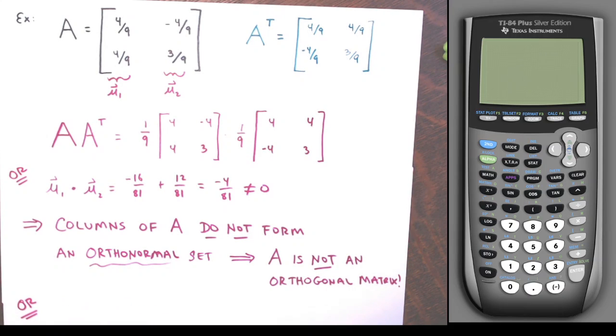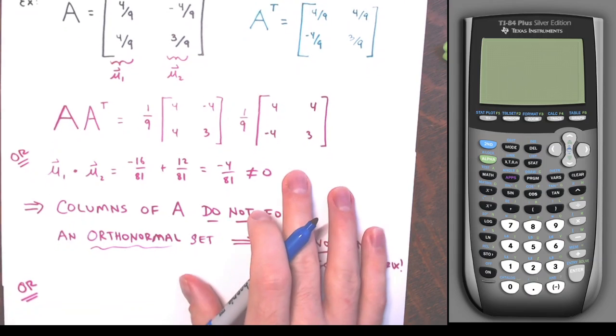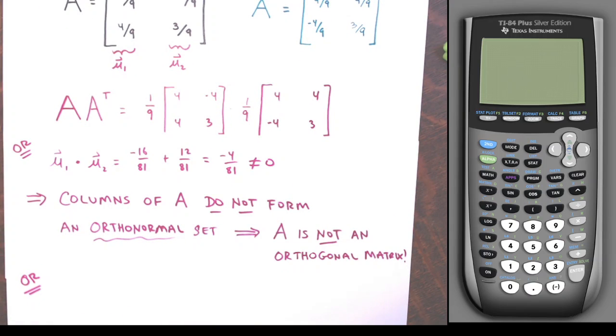I could have said, let's look at the determinant. If the determinant is 1 or -1, then it might be orthogonal, or you can't say anything. But if the determinant is not 1 and not -1, then you can say for certain that the matrix is not orthogonal. So what's the determinant